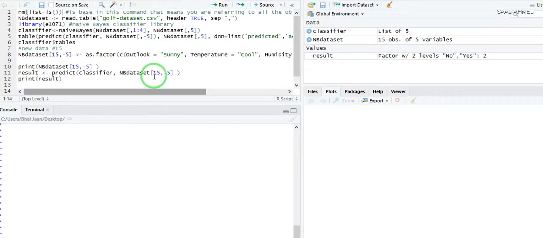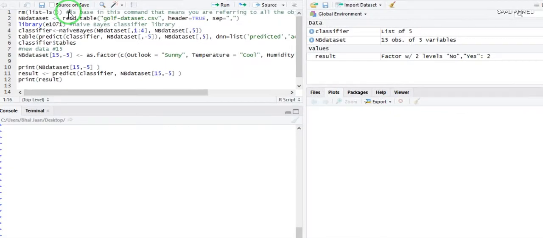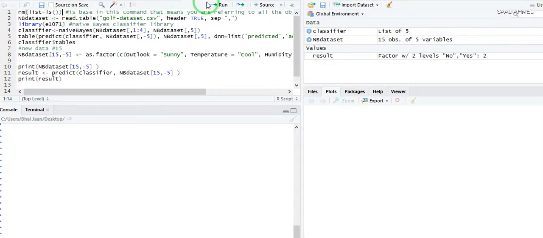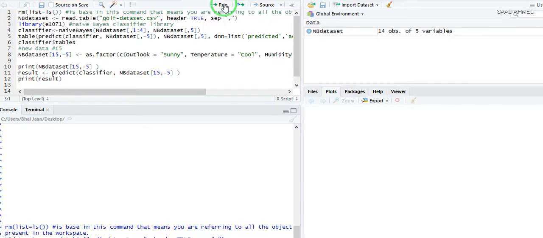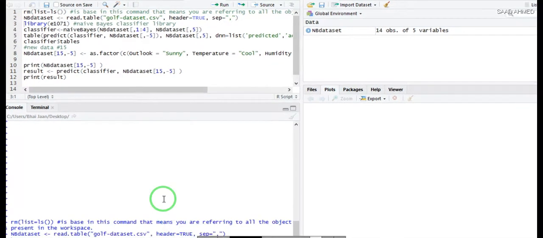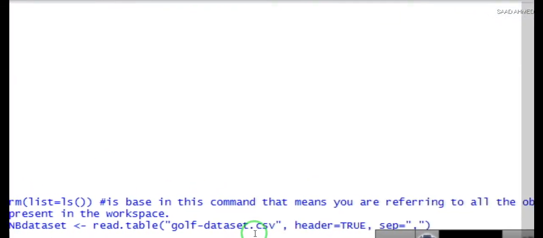implement it one by one. Okay, so this is the first command which I'm going to use, and I'm going to run this command, and it will make sure that all the variables are used which are in the environment. Then I'll be loading the data set, the golf data set, into this environment. You can see here in the bottom of the screen, it's there,